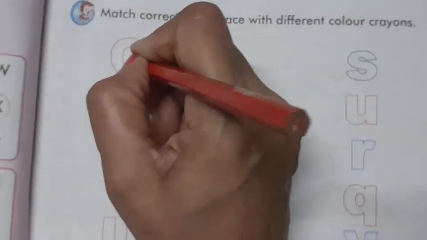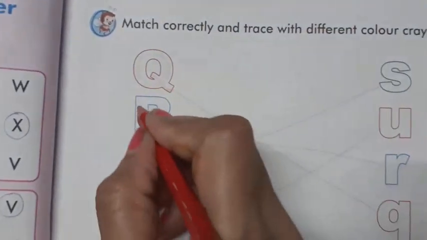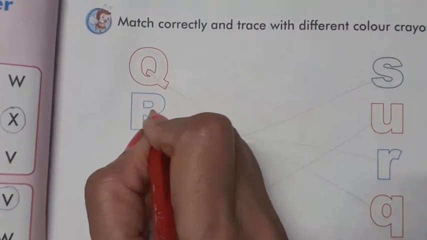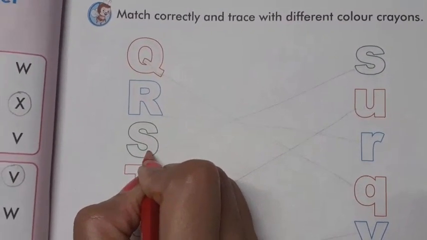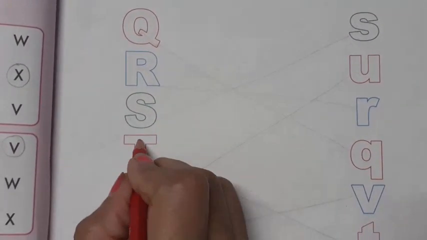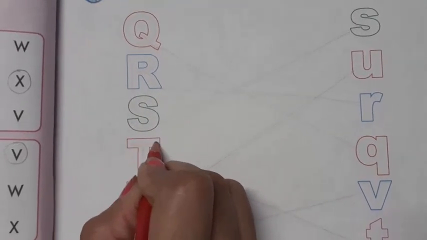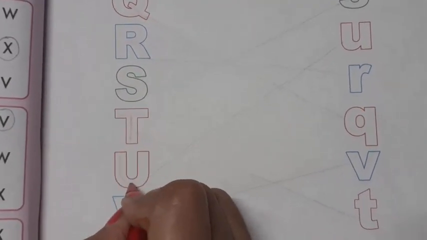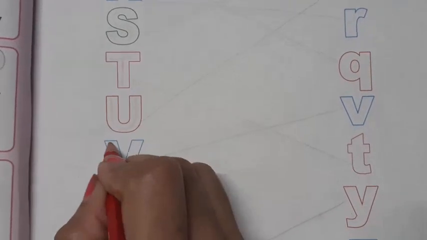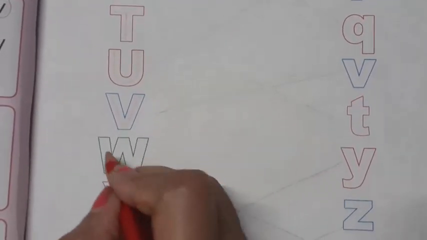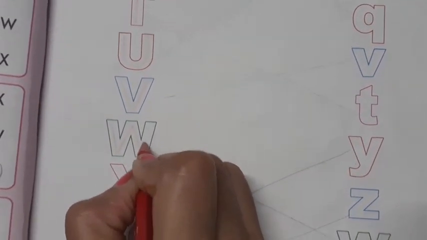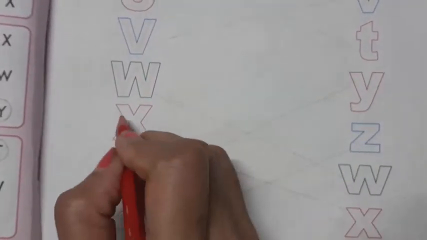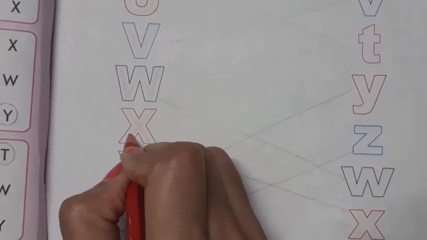Okay. See here, draw a circle and a slanting line. This is Q, standing line, curve and a slanting line. This is R. Then curve, turn over, draw another curve. This is S. Okay, standing line and a sleeping line, T. Then draw a curve, U, slanting line, another slanting line. This is V. Okay, slanting line, second slanting line, third slanting line, fourth slanting line. This is W.